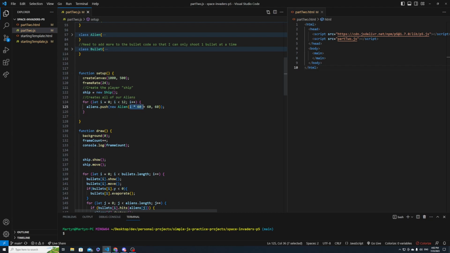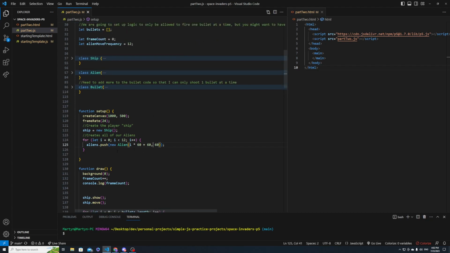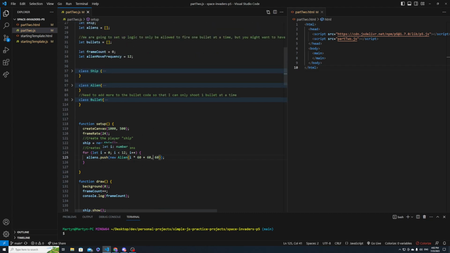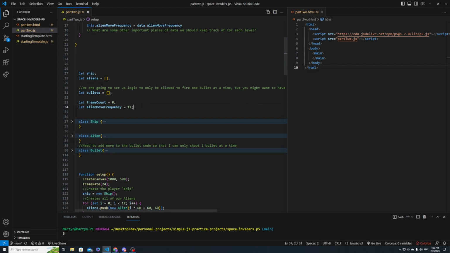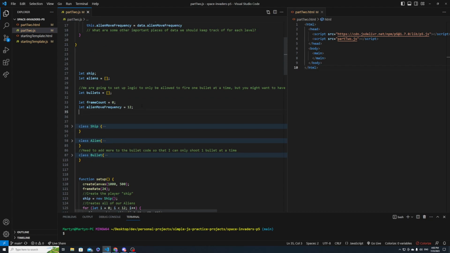So alien takes an x and y argument, right? So x is going to be i times 60 plus 60, and then the y position is going to be always 60. So this is kind of hard coding it, right? Immediately we want to think about maybe we need to create some new variables, like